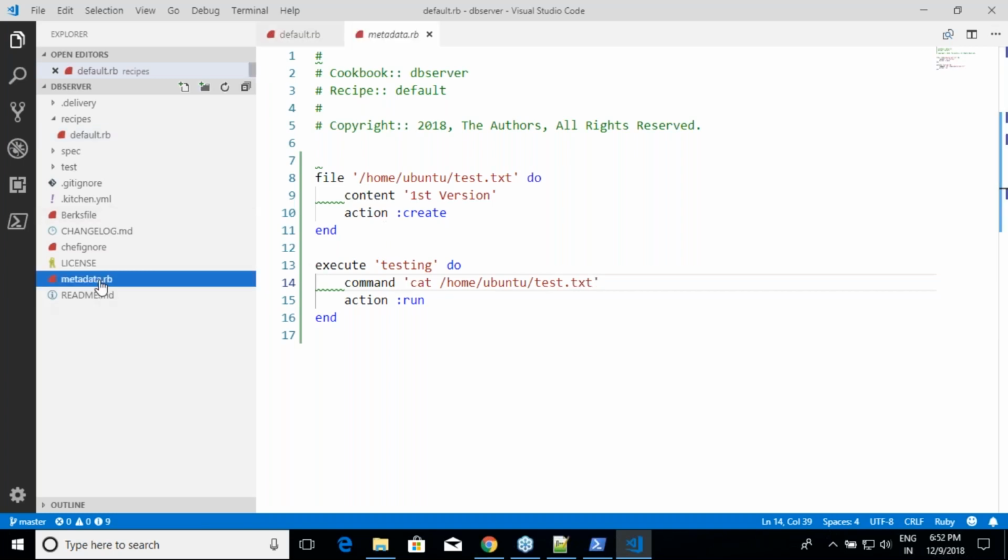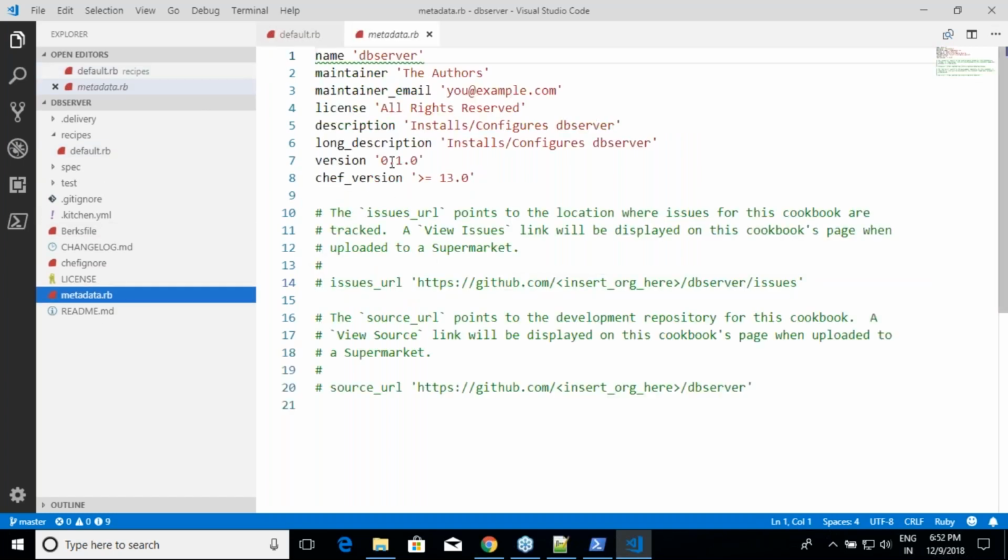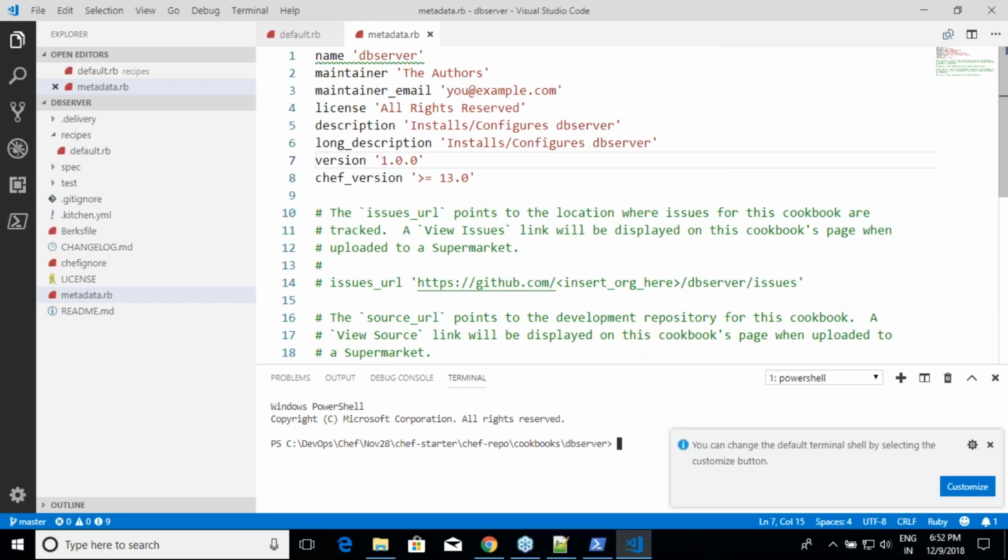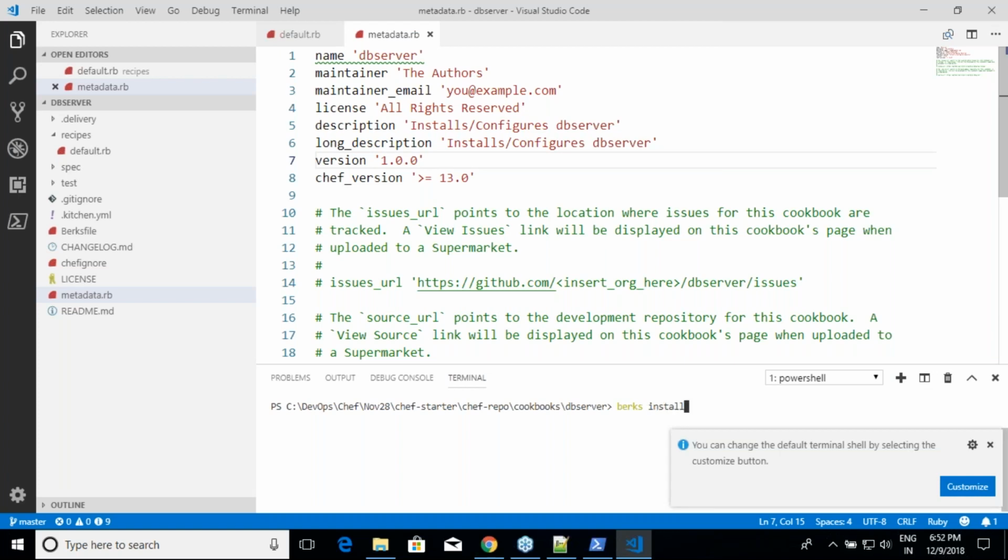Okay. Now my metadata.version, I'll make it to 1.0.0. I'm not changing others. It's okay. Now we know the part, right? Control Shift P, focus terminal, and we know what has to be done because it has scolded us earlier to do Berks install. Now I'll be executing Berks install first.